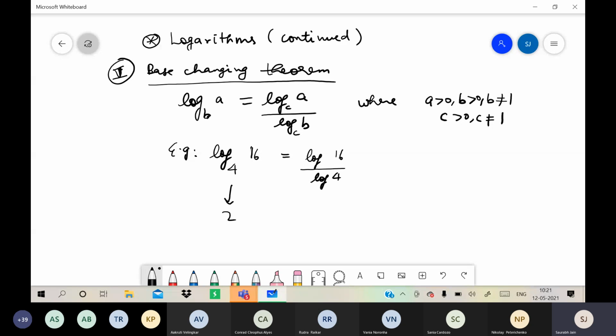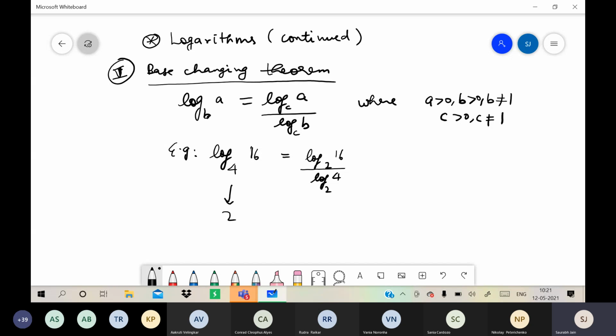So first of all, I will write this as log 16 upon log 4. Okay, and now I would like to introduce a base of my choice, but it should be same in both. Now base should be such that it helps us in solving the question. Okay, you cannot take any random base, though you are free to choose the base, but it should help you in solving the question, right?